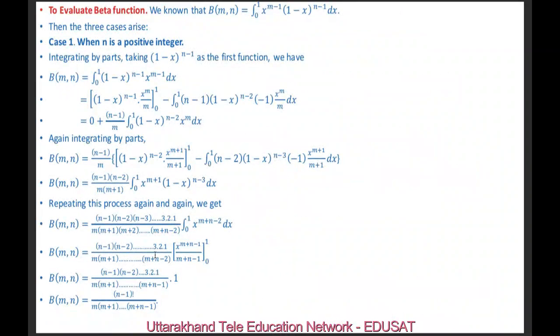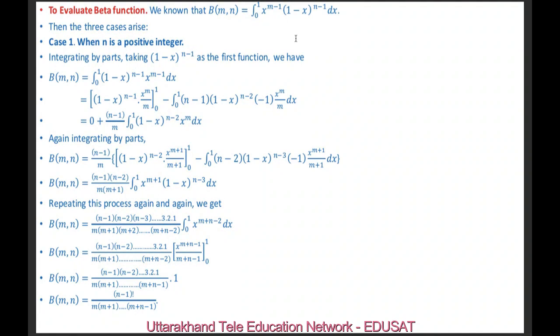Now how to find beta function? We know that beta function is equal to integral 0 to 1 x raised to power m minus 1, 1 minus x raised to power n minus 1. Now we have three cases. Either n is a positive integer, or m is a positive integer, or both m and n are positive integers. In first case, suppose n is a positive integer. So integrating by parts,